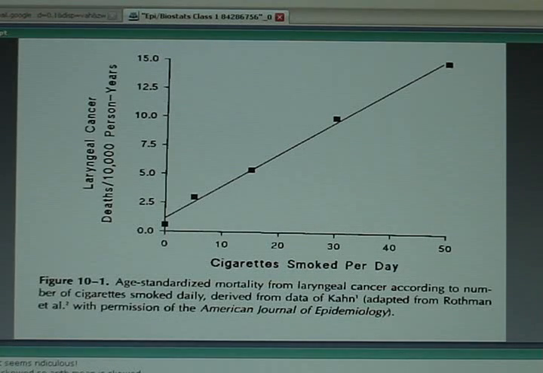What Dr. Rothman drew here was a straight line, which pretty much connects these 5 dots, saying there's a linear relationship between the amount of smoking you have and your mortality rate. Now, the last question I'm going to ask you to think about is: think back to your junior high school days when you first found out the equation of a straight line. And try to remember what that y-axis and the horizontal axis we call the x-axis. What's the relationship between y and x that's described by a straight